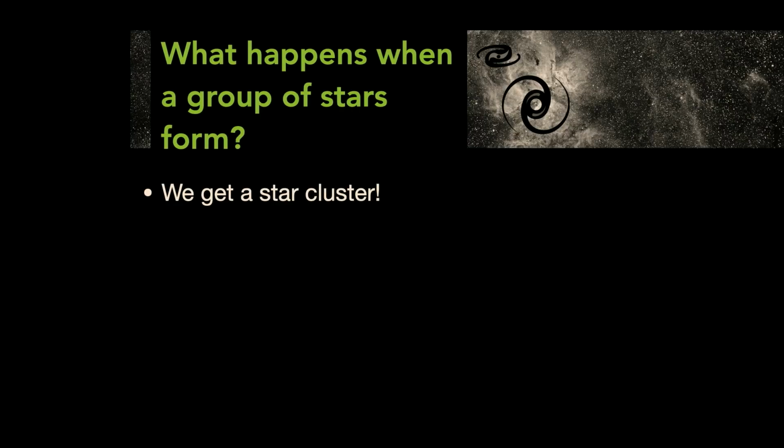So stellar nurseries are regions of high activity. Stars form, they can stop other stars forming. It really depends on how dense the region is and how massive some of the stars are. But if you do get an entire group of stars forming together, and it can be larger than just the very small number in the Orion Nebula that I just mentioned, you can get something that is akin to a mini galaxy within our own galaxy. You can get a cluster of stars.